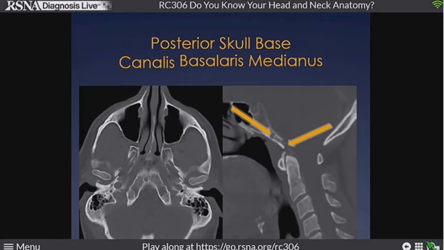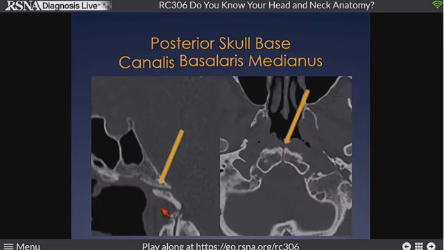Now this one can be a bit more problematic. This is a notochordal maldevelopmental condition. It's been referred to as canalis basilaris medianus. It has many variants and many potential appearances. This is a not uncommon appearance of this relatively uncommon lesion. A small defect posteriorly in the basisphenoid, and occasionally a through-and-through defect of the basisphenoid extending into the central nervous system. And again here, another canalis basilaris medianus. This defect that extends through and through, representing persistence of a notochordal remnant. Well corticated bone, we don't have to worry about that.